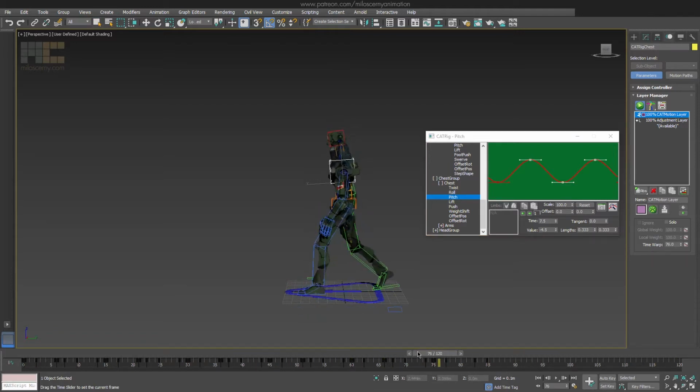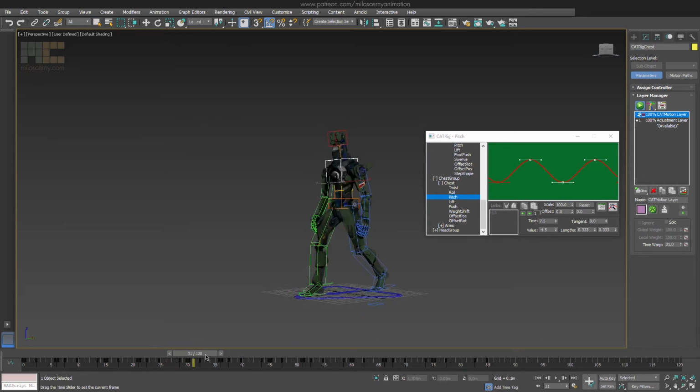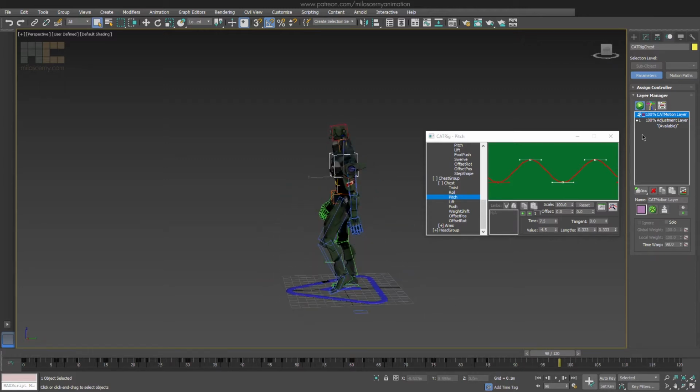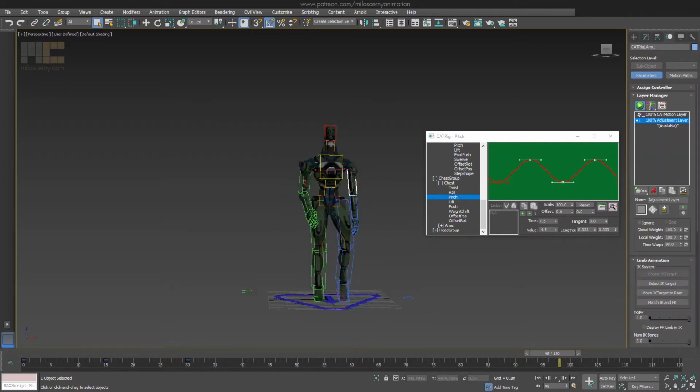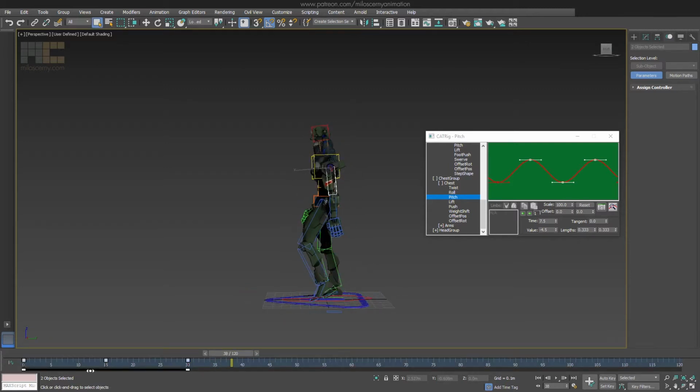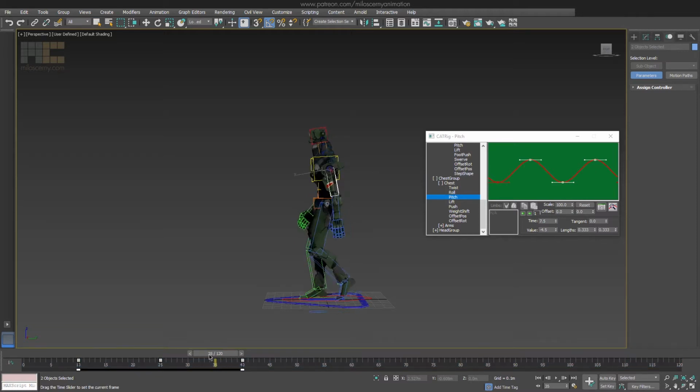Another thing, if you check the arms together with the legs, you can see they are really off actually. The arms move almost simultaneously with the legs. The arm goes to the front almost together with the leg, which is completely wrong. We need to offset the arms. Select the adjustment layer we did before, together with both of the upper arm bones. Offset all the keys to the right by 10 frames. Because we have looped the animation before, we can just offset those keys however we like, and the animation will stay looped. Okay, now the upper arms are much better, but we also need to offset the elbow bend.